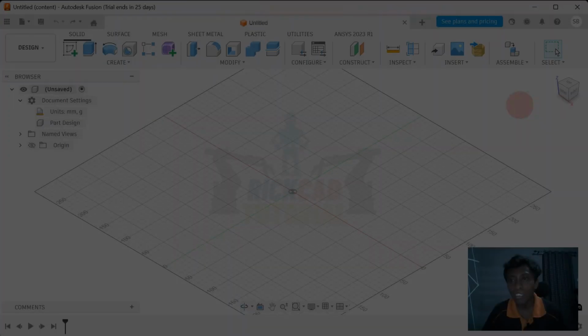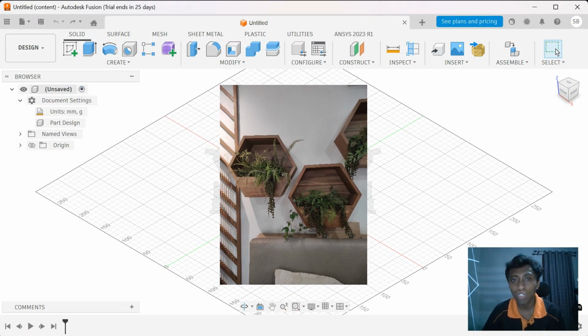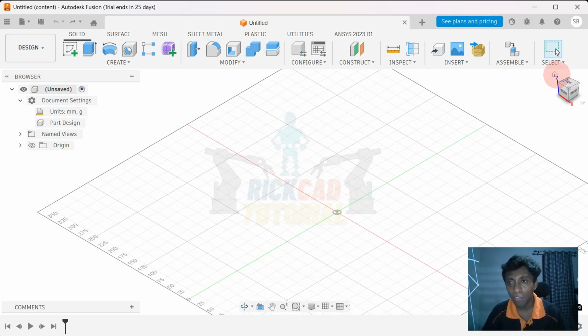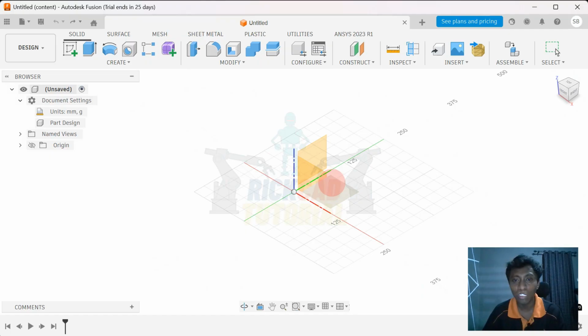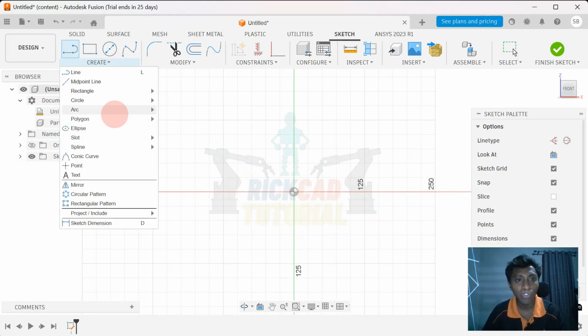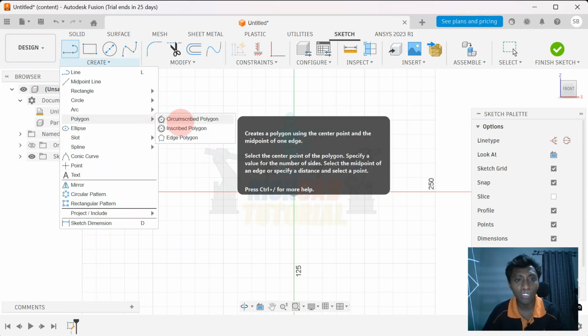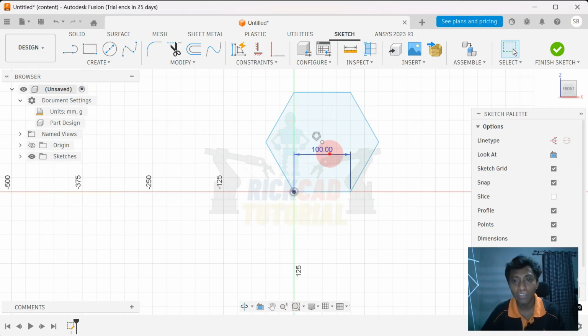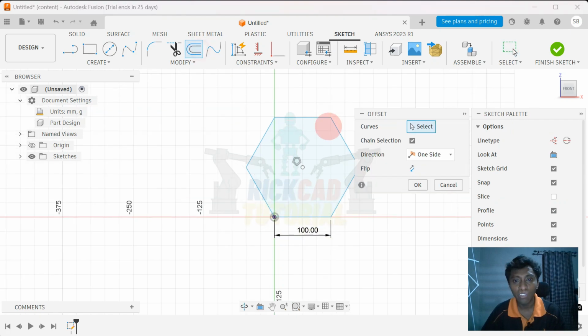Alright guys, let's make a hexagonal red wall with wood material. First of all, we have to do it like that and use a polygon, make a polygon, make it 100, up like that, enter, and use offset